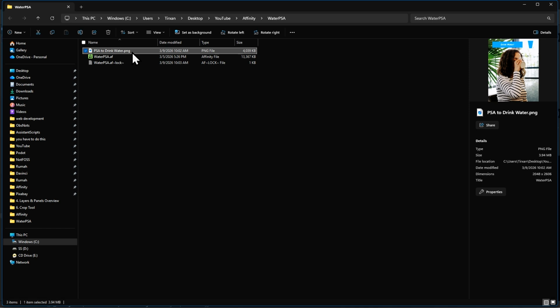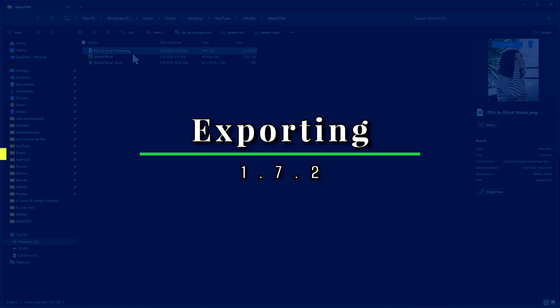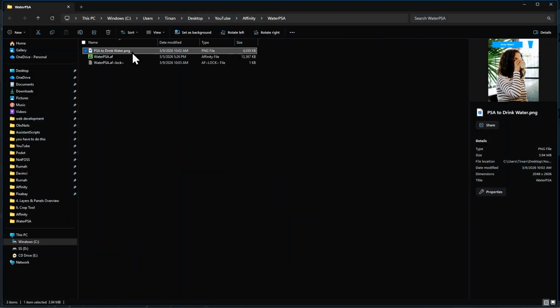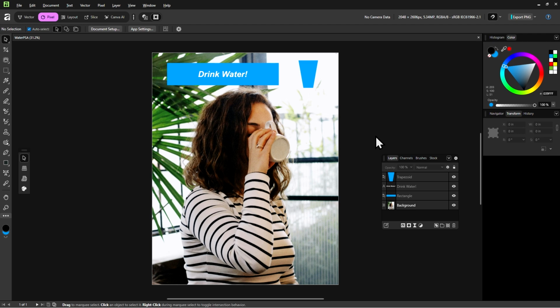Now, since this is a tutorial for complete beginners, I want to go over the difference between saving and exporting. So if you already have some experience with other design software and you already know what saving and exporting means, well, it's the same in Affinity. So feel free to skip this video. For those of us who are still learning, let's go back to Affinity and take a quick look at